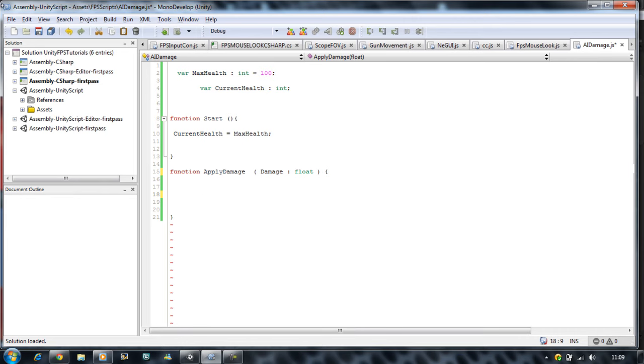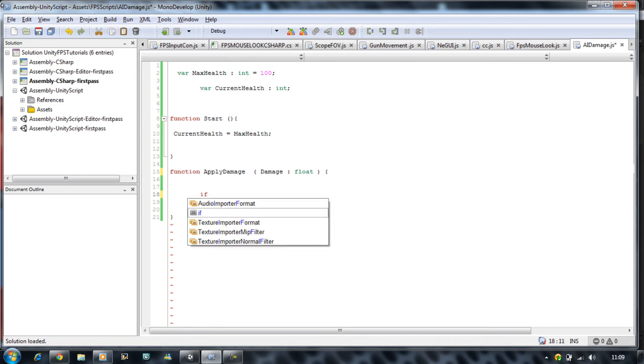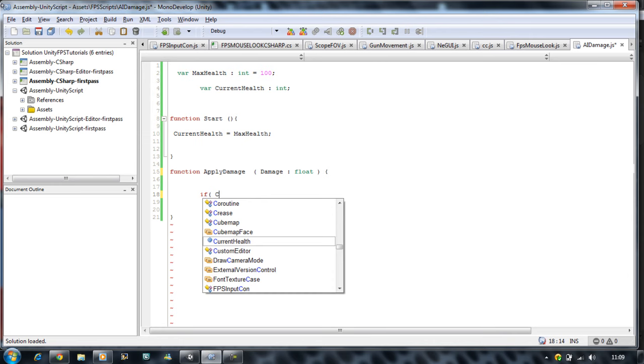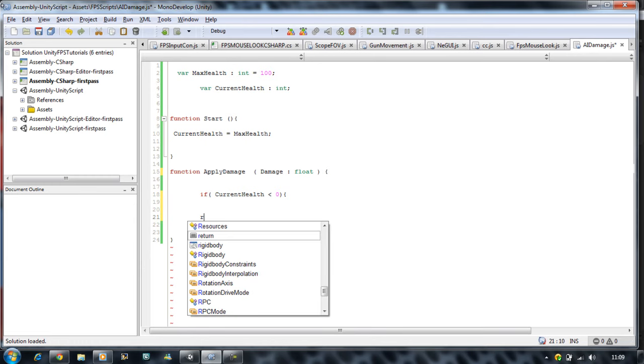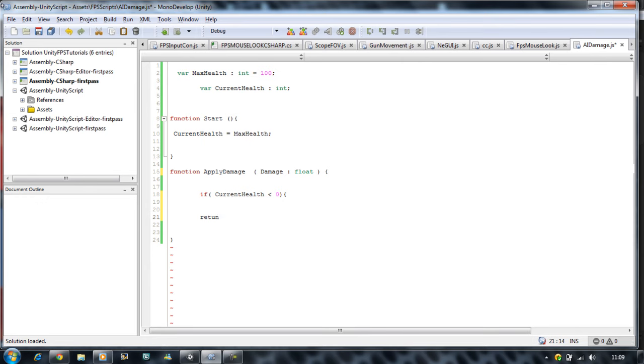Well, actually making it work, sorry. So the first thing we want to check is our life. So if, open bracket, our current health is less than zero, then we want to return with 0 again. So if it's 0, return 0. It won't go any lower than 0. Return, close that,